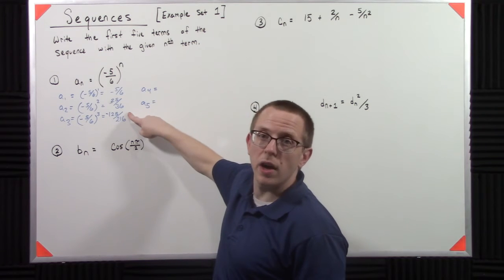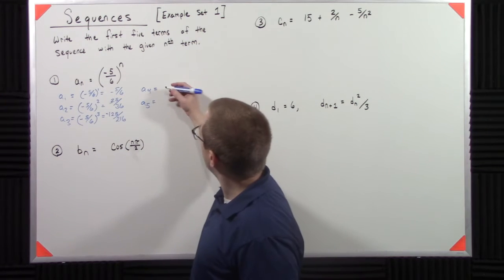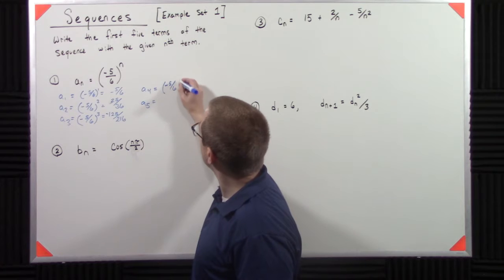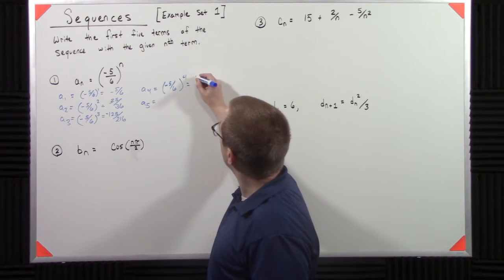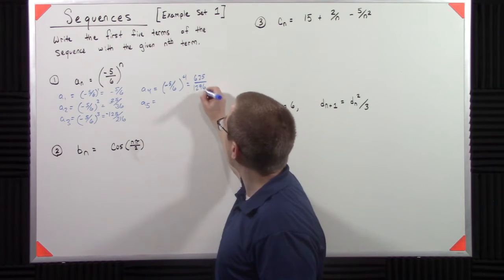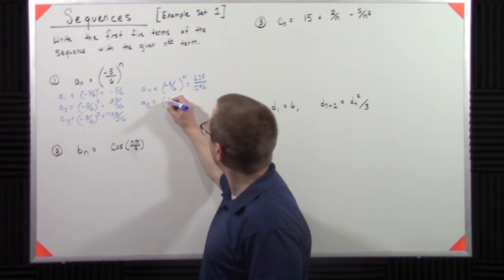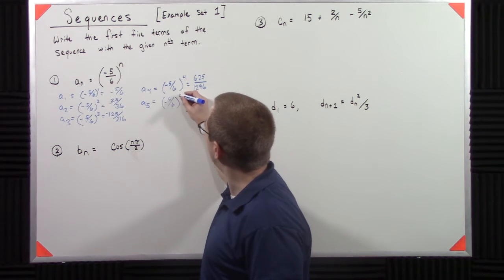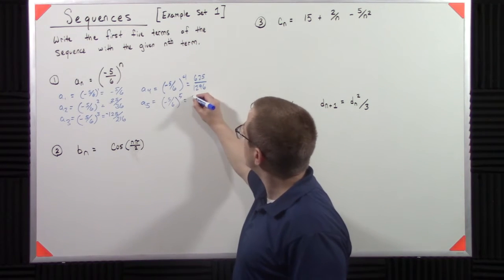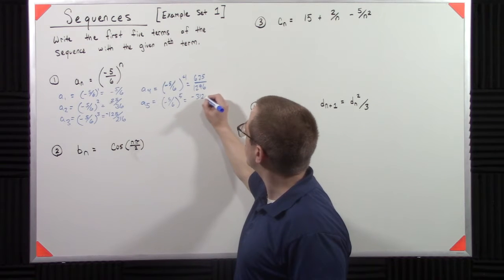So one thing you may be noticing is that in this particular case, I'm just multiplying by another negative 5 over 6. So over here I get negative 5 over 6 to the fourth. So I get 625 over 1296. And then finally I get negative 5 over 6 to the fifth, which is negative 3125